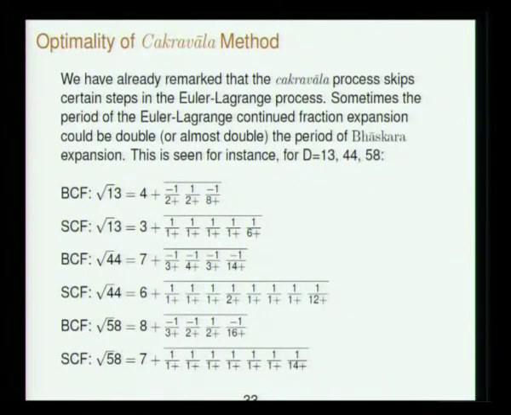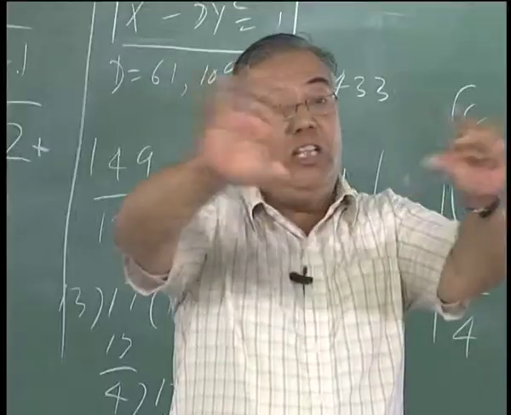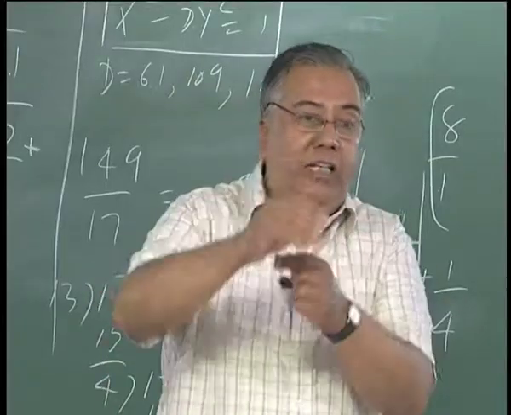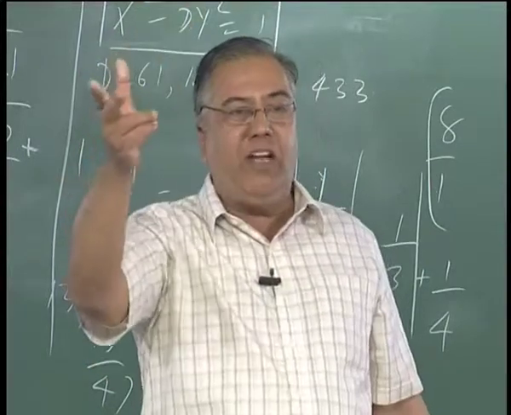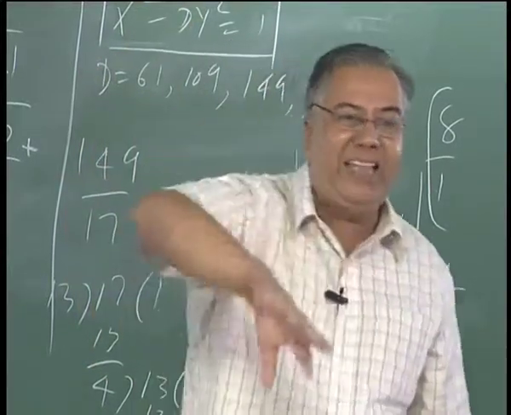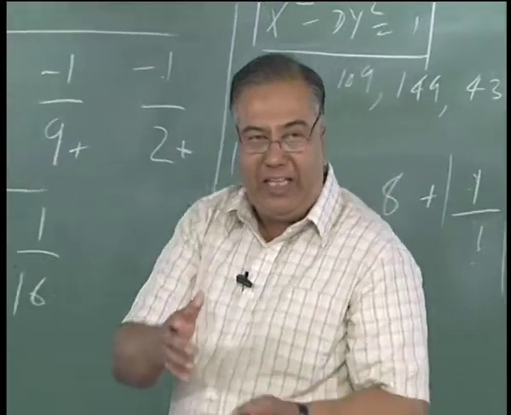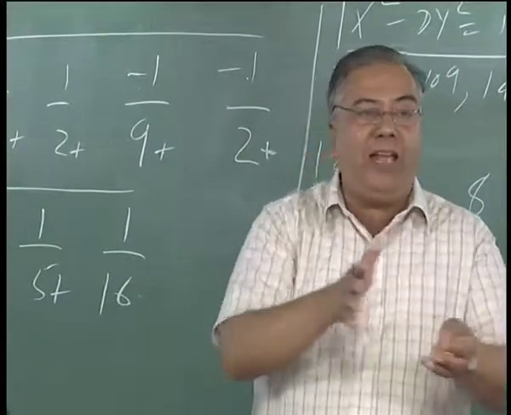I am seeing your plight, but I have to complete this. Yes, sir. Does it mean that the initial feasible point at which Bhaskara's method starts is closer? No, they both start from 1, 0. No, not that way, when they take the first integer a. No, even that is not so. The algorithm is more optimal. It is allowing both possibilities, p_i plus 1 larger than the square root of d and p_i plus 1 lesser than it. So allowing both possibilities makes you go closer in a nicer way.